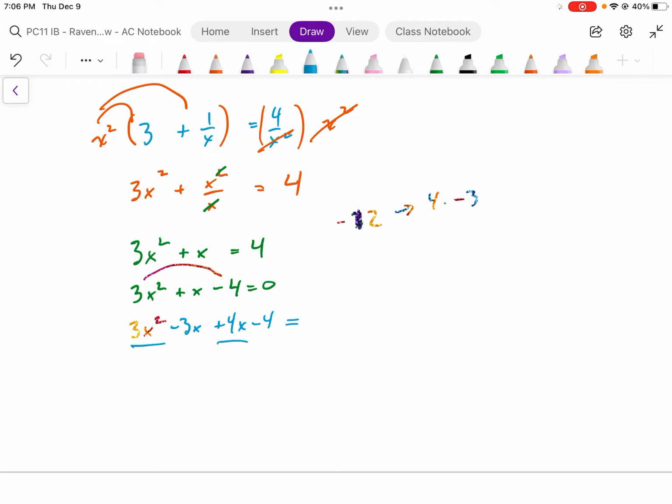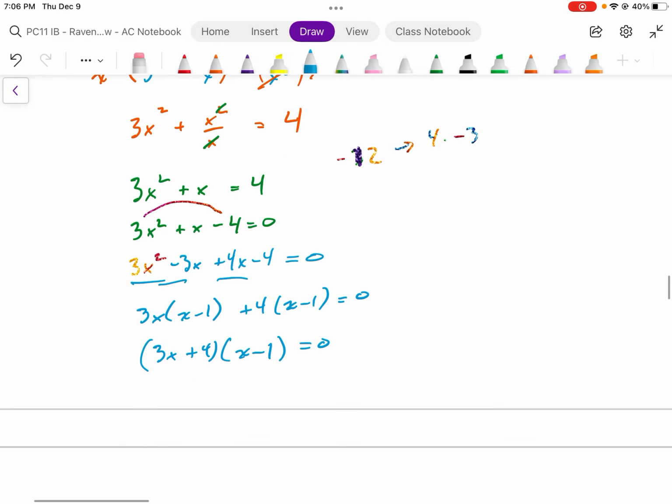I look amongst the pairs. What is the greatest common factor among the pairs? It's 3x. On the second pair, it's 4. I'm going to continue on factoring,